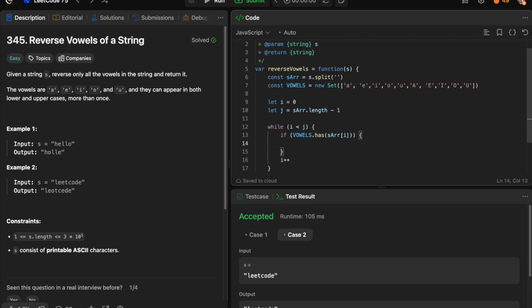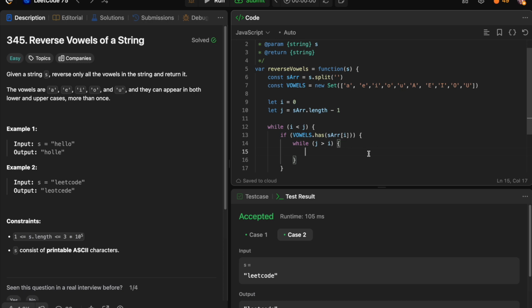So since we don't know where exactly the vowel would be, we will just start doing another while loop while j is greater than I. And the keen observers among you must have noticed that this and this is the same condition, just flipped. And the reason for this is mostly that I just wanted to continue doing something,